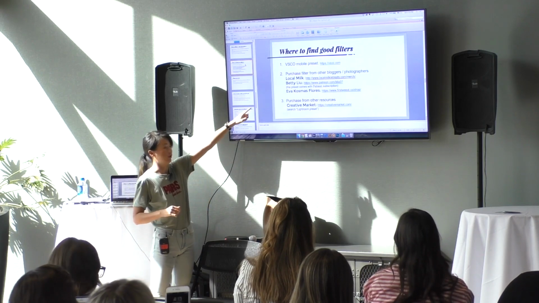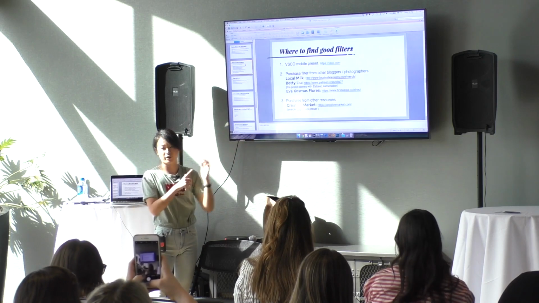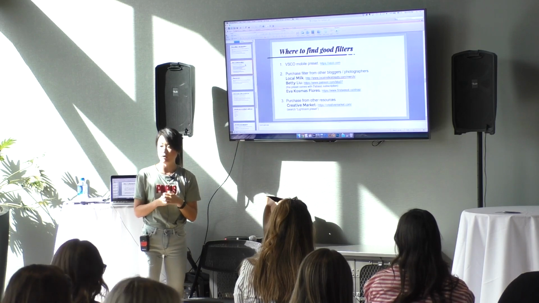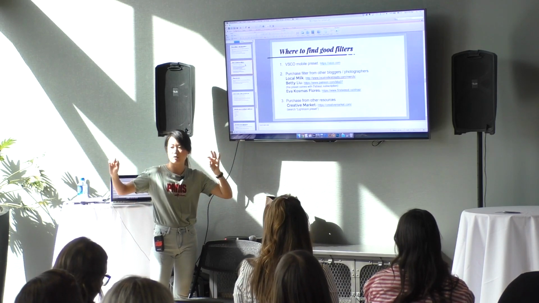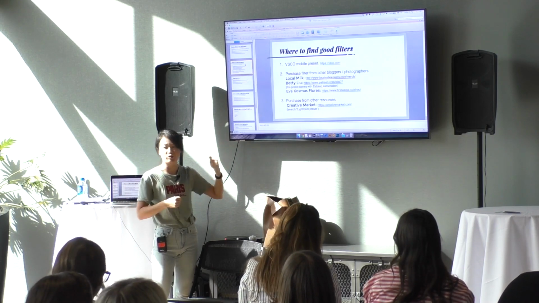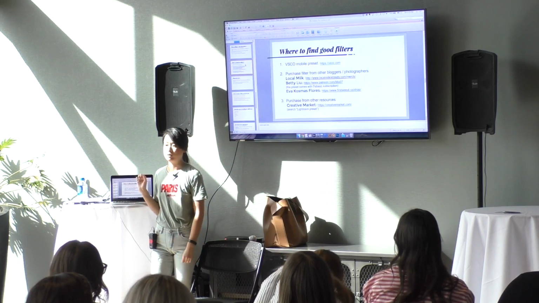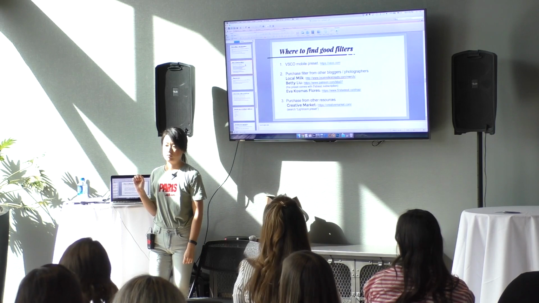If you go to your VS Code app on your phone, they have a thing called VS Code 10 that gives you one week of free trial. If you sign up, it has maybe 100 filters inside of it, and you can try on everything. If you have something that you like, you can go to their website and purchase it to download to your Lightroom. You can only use presets with Lightroom.